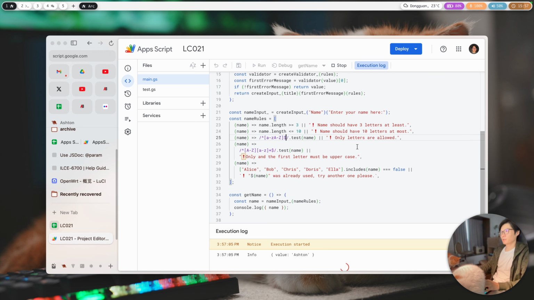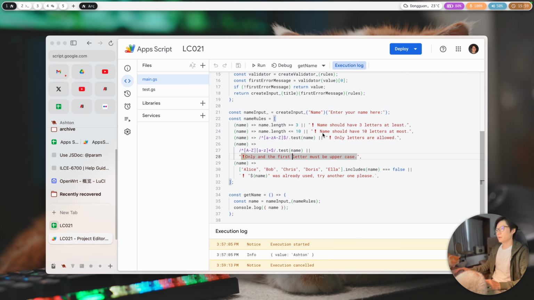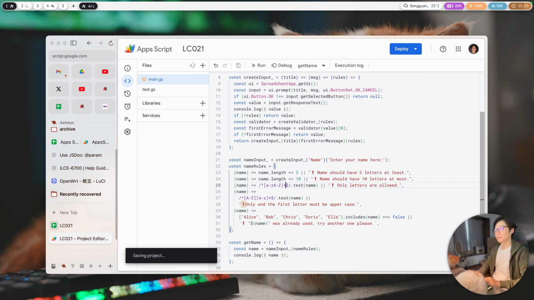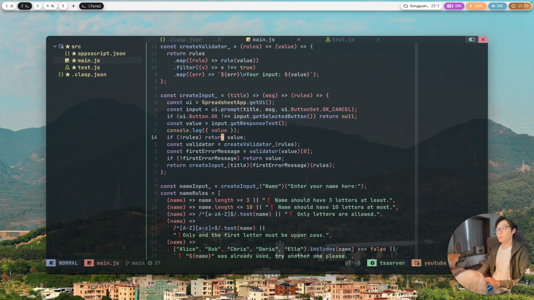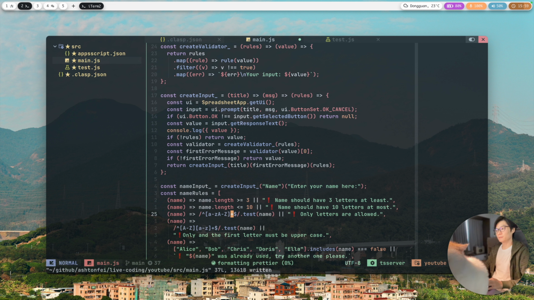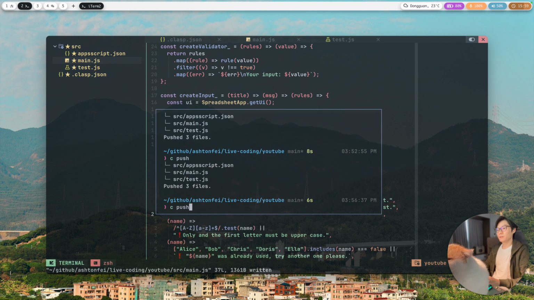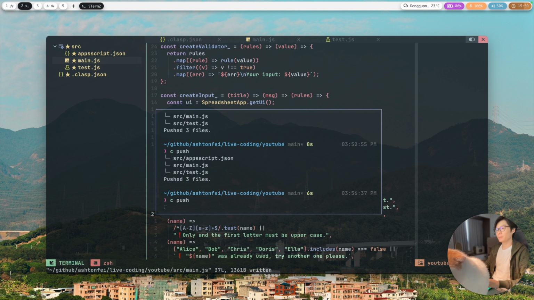So I'd like to pause here and fix the error and come back later. Okay, I think I found the issue here. The issue is related to this regular expression. So I need to add a plus here to allow multiple letters, because right now we only validate one letter if we don't have this plus sign in the regular expression. So let me do an update here for the rules. So this time, if I push the code,